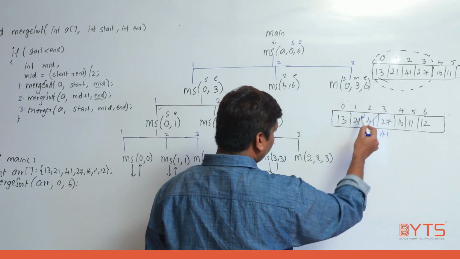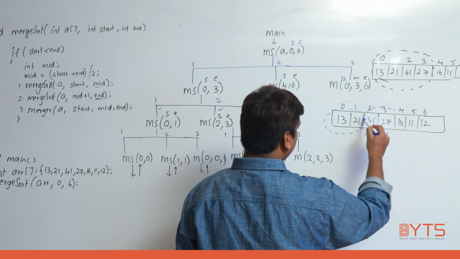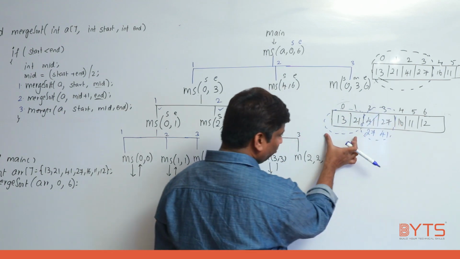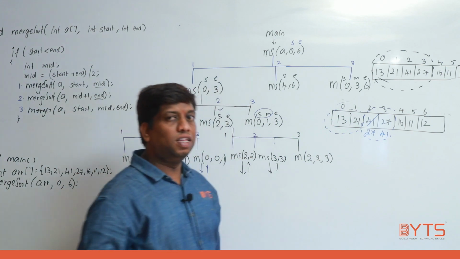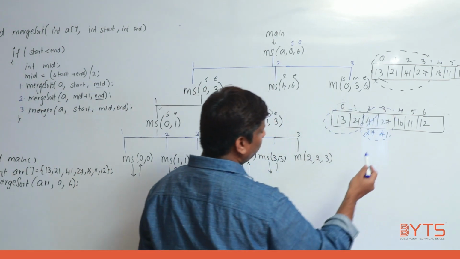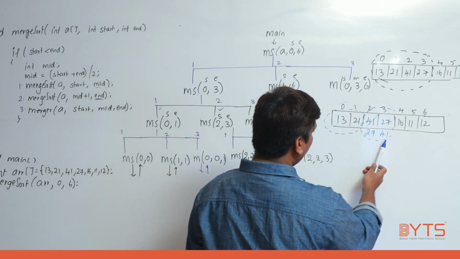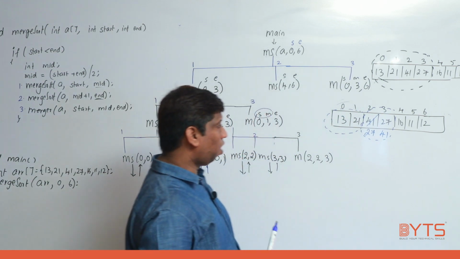This will be your left array, understand? This is your left array sorted, and this is also the right array sorted. Left array is sorted, right array is sorted. Then what will merge do? It will merge both arrays. So once this is completed, what values will you get? You will get 13 only, next 21 only, 27 only, 41, because the entire array is sorted for me, not required to worry at all.